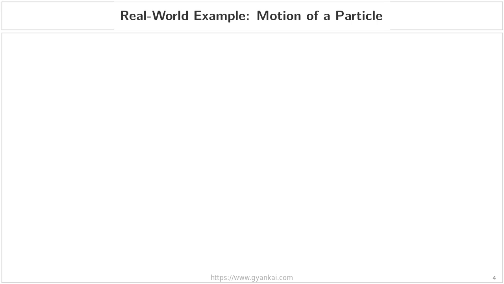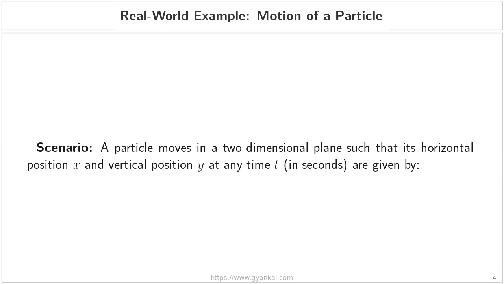Real-world example, motion of a particle. Now that we have established the theoretical framework and the step-by-step procedure, let us apply these concepts to a practical, real-world example involving the motion of a particle. Consider a scenario where a particle is moving across a two-dimensional plane. In this case, its position is defined by 2 different coordinates that both depend on time, which we represent as t,